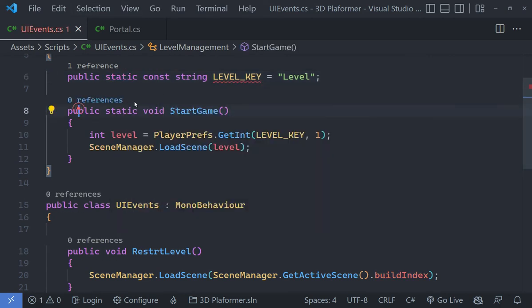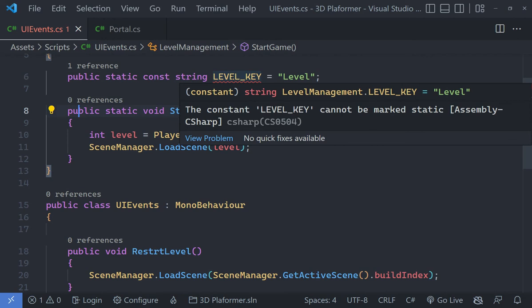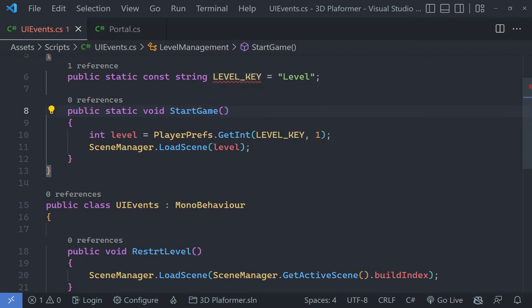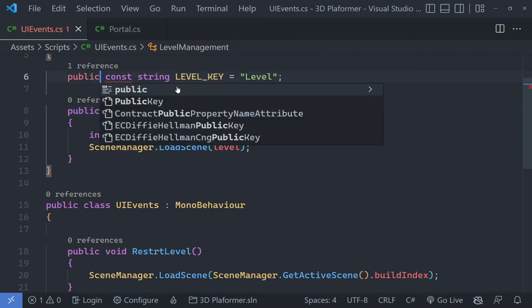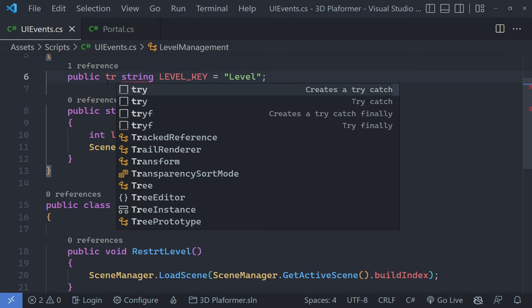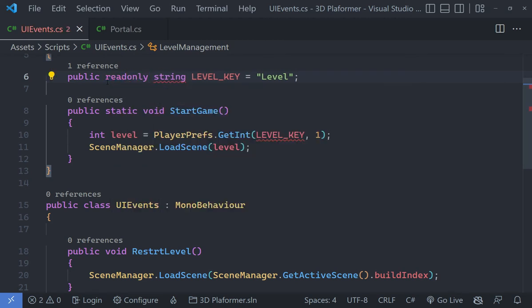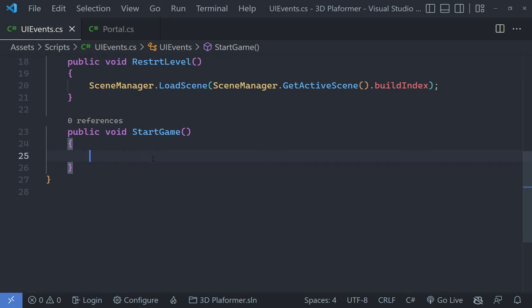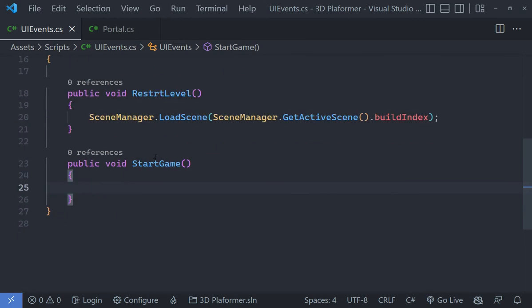Okay, and that looks pretty awesome. You cannot mark constants as static, they are by default accessible. And what we are going to do is, or maybe you can make it readonly if you want to do that, readonly string, but anyway, I'm going to make it a const which allows me to access it in static scope. And in the start game method, what I'm going to do is call